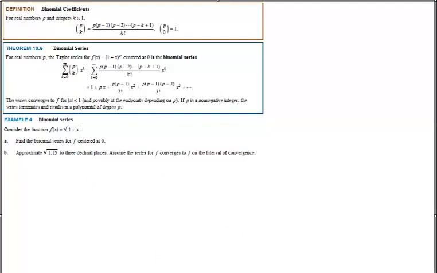Next, we're looking at a Taylor series expansion for binomial sequence and series. Our coefficients on that binomial expansion, here's what they're going to be for each individual term. And my binomial series expands as such. And we're going to look at our function f of x equals 1 plus x to the 1/2 power. So therefore p would be our 1/2. With p being equal to 1/2,